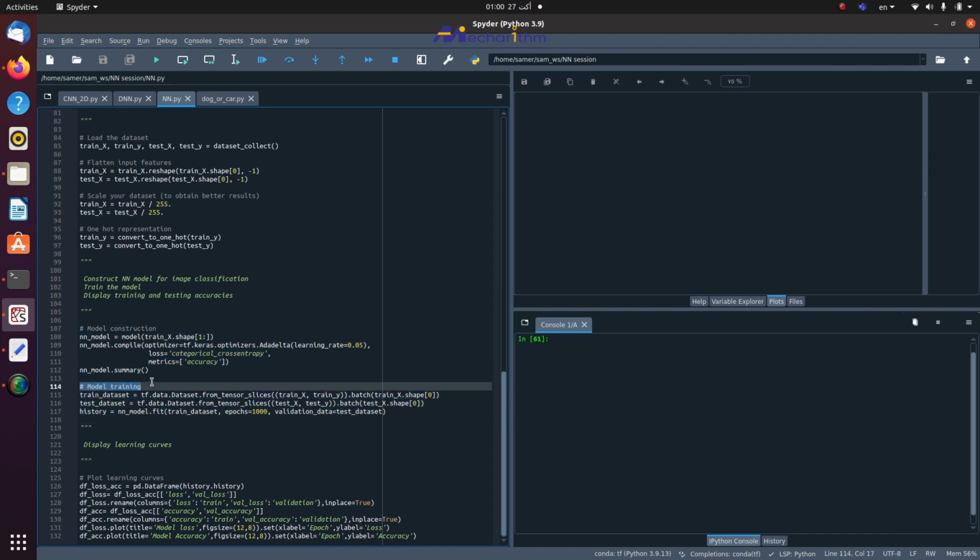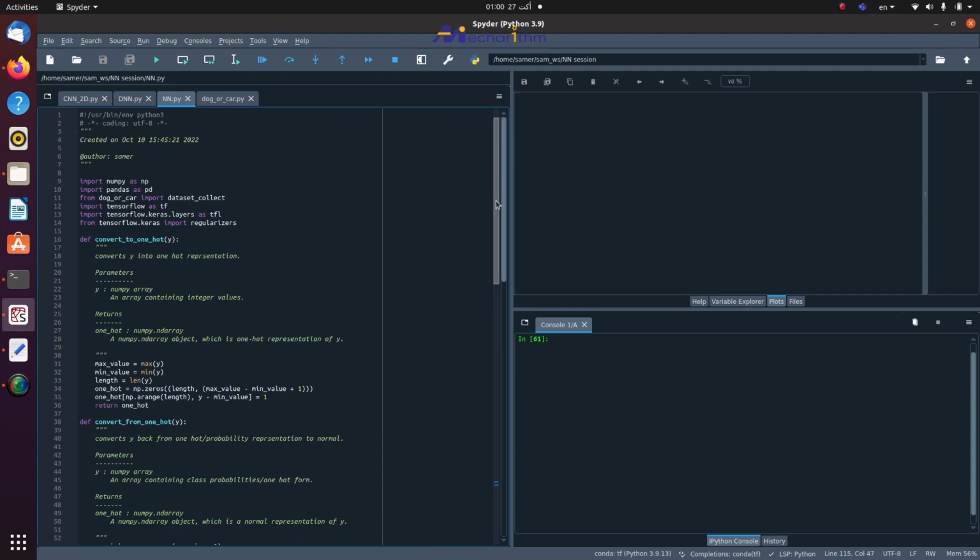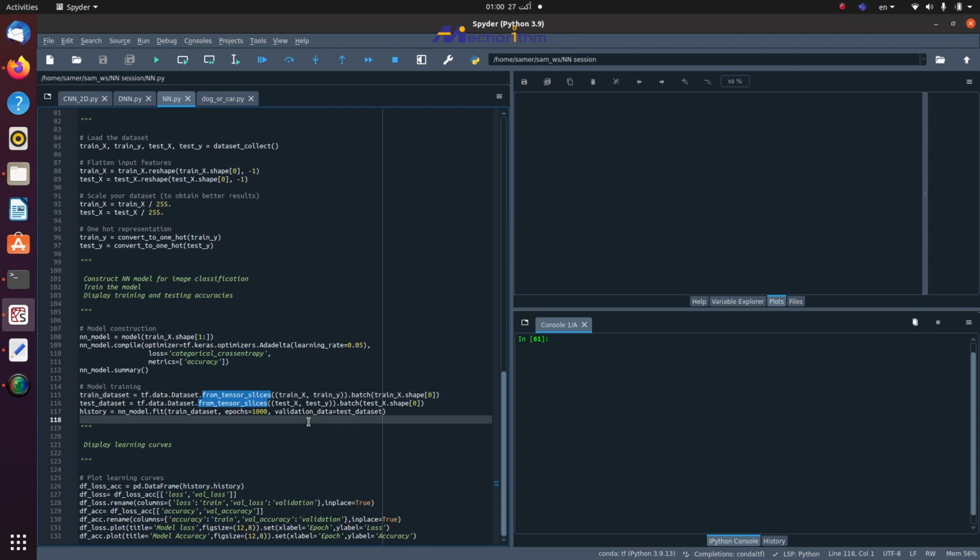For the model training part, you need to first convert your training and testing datasets into tensor objects. You're going to use an API or utility called tf.data.Dataset.from_tensor_slices, which is a very long name. Actually, you can rename it in the import section if you want to. What this basically does is squeeze your training data and one-hot representation of the labels into just one tensor object that is a dataset tensor object. And you're going to determine something called the batch, which means